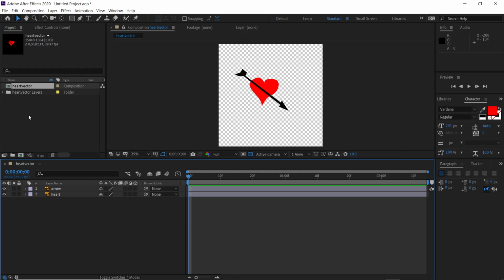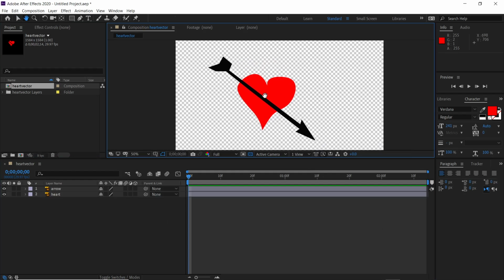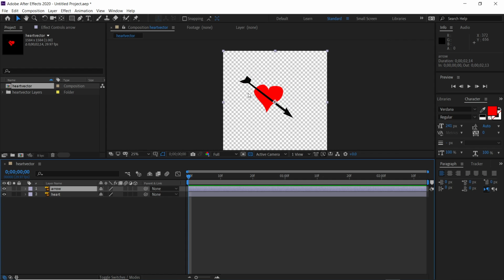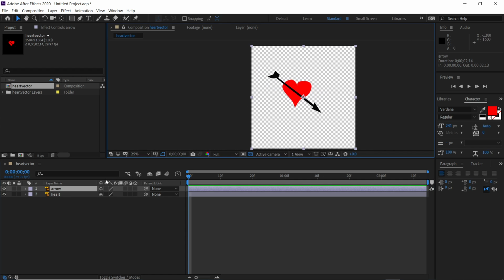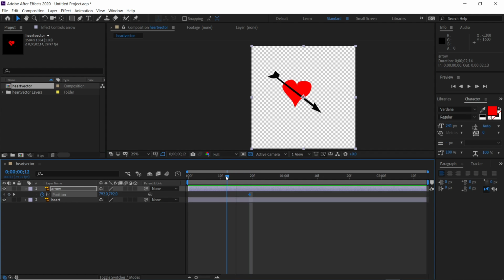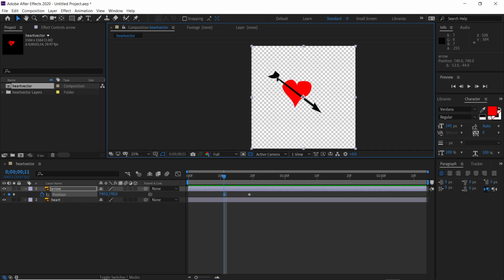Okay, if I double click, there's my layers that have been released to sequence. Kind of a weird term, but that's what they call it. And if I want to animate these objects separately, I now have the ability to set a keyframe for the position of the arrow, and then maybe I'll go back about 10 frames and I'll move that whole arrow off screen,